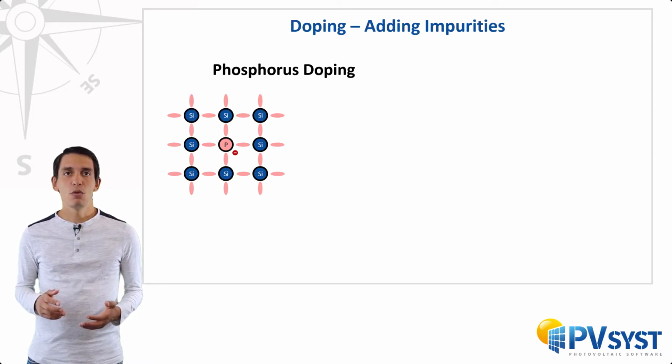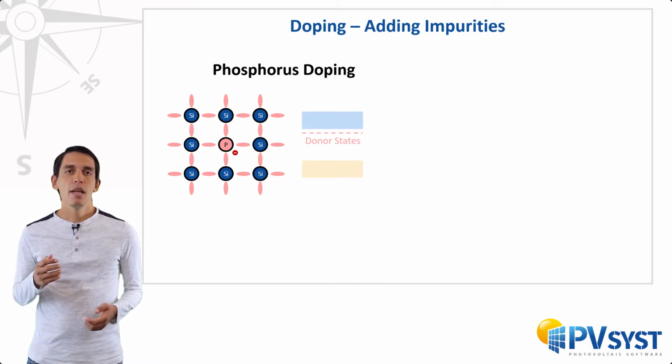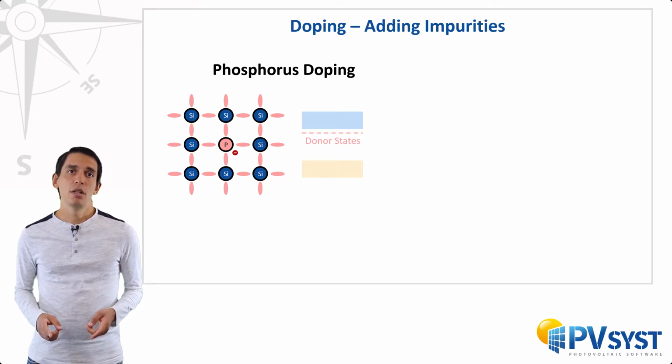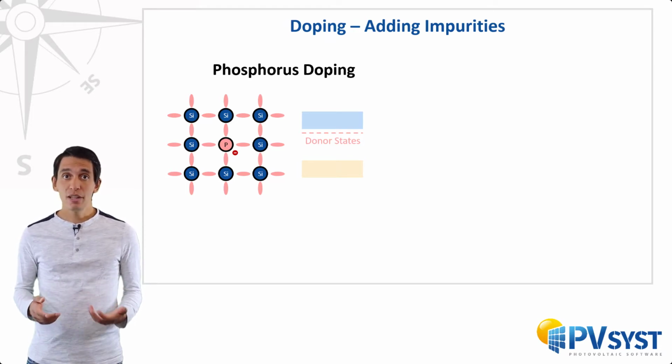This means that there will be another energy state close to the conduction band called a donor state. It is important to note that we aren't changing the charge of our material here. While we added an extra electron, we also added another proton into our material to even it out, changing the distribution of electron states by adding another higher energy state to our material.